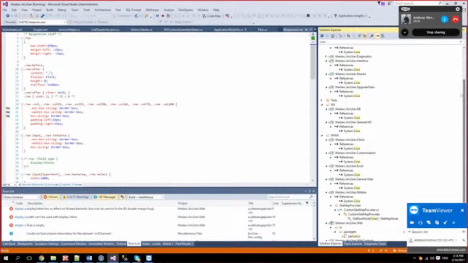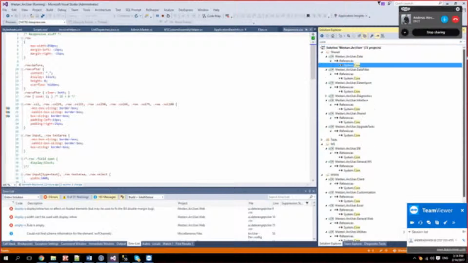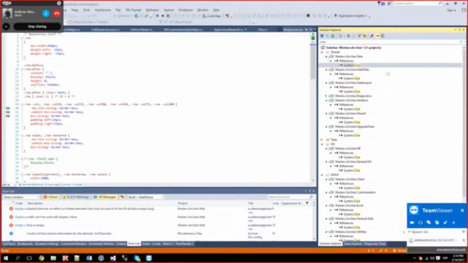Okay, so wow, what's going on here? I just searched in the solution for the core parts.